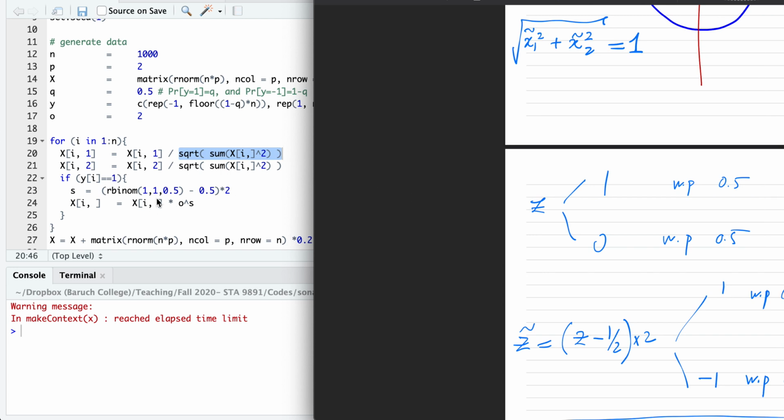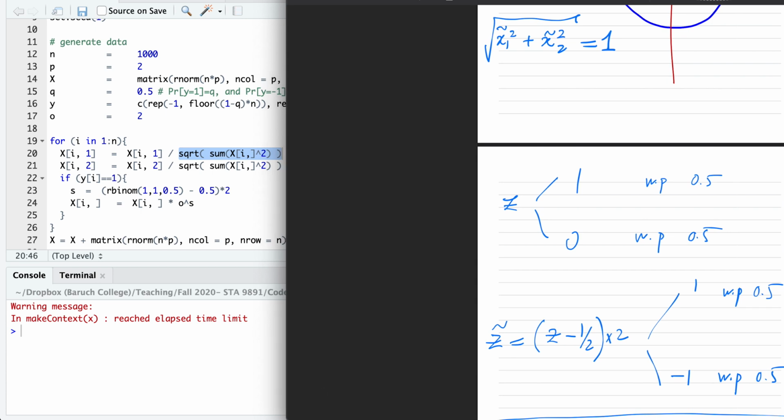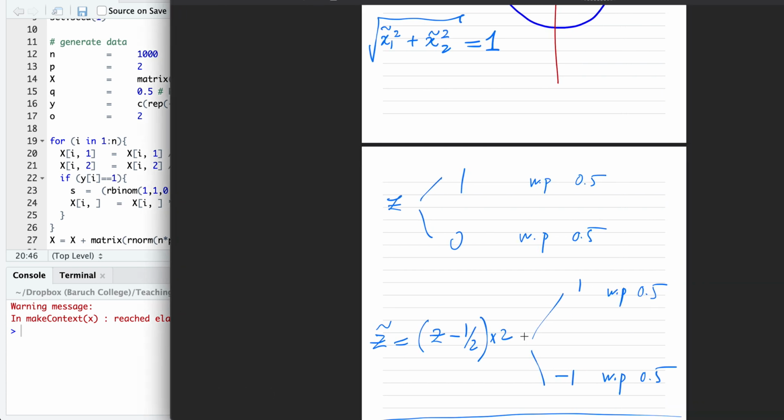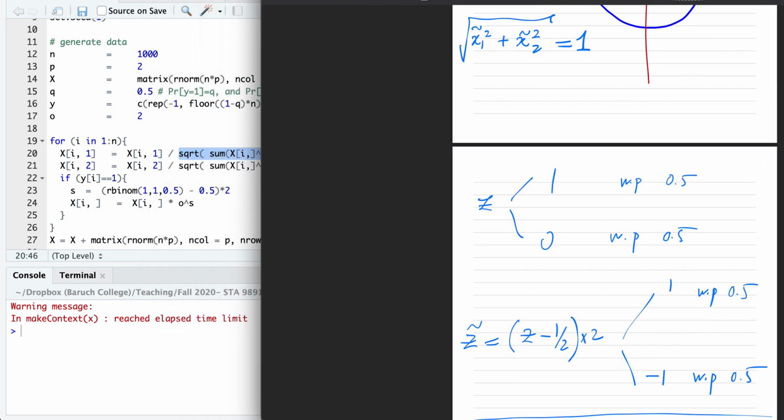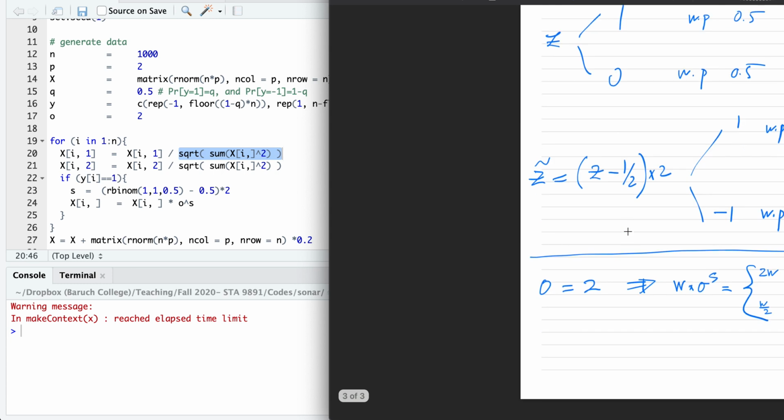So if you take this, subtract half and then multiply by 2, we get a random variable which in the code is s. In the notes it's z tilde, and with probability 0.5 it's 1, with probability 0.5 it's -1. So we created 1 and -1, and then we say, okay, o to the power of s. So with probability 0.5 it's o to the power of 1, with probability 0.5 it's o to the power of -1. O is 2, meaning that